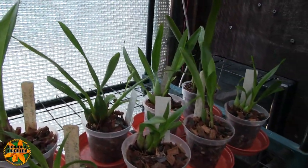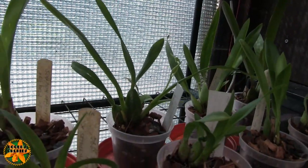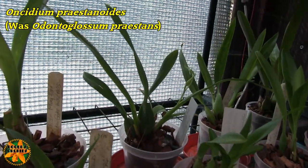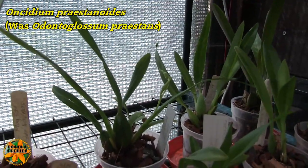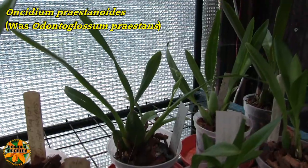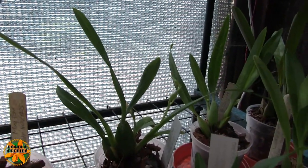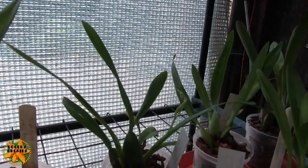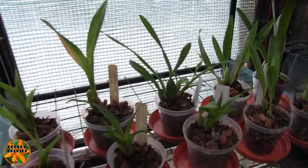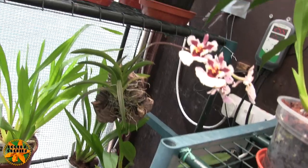But as you can see there is a little Oncidium praestans, and it's got a little spike on. It's not a strong plant, so what I will probably do is let the buds open so that we get a look, because I don't know what that's going to look like, and then take them off so that it doesn't have to maintain them, just produce them. And then